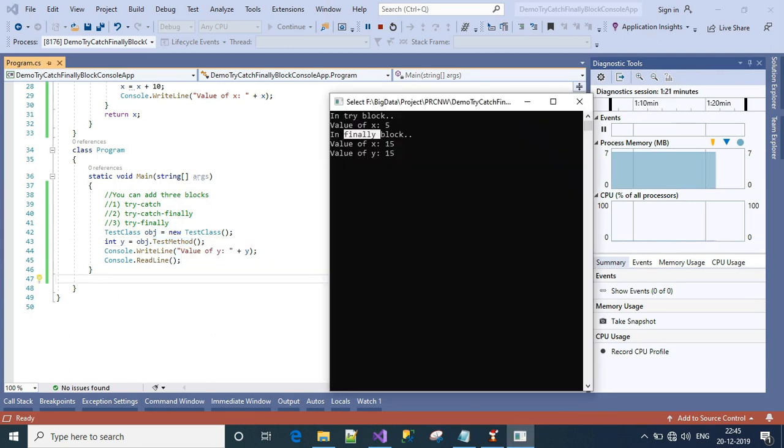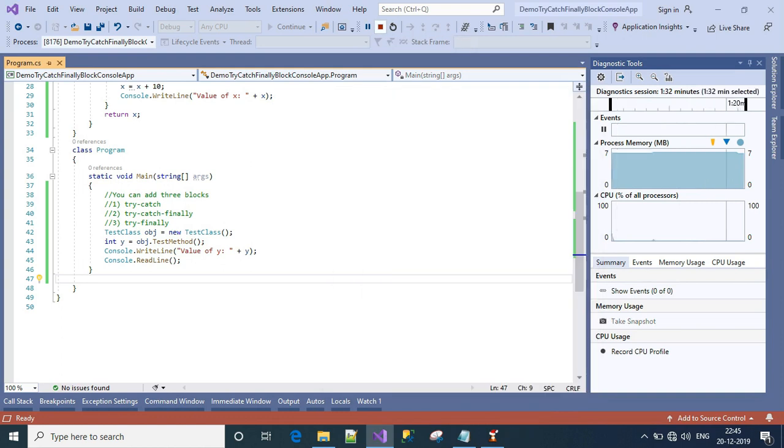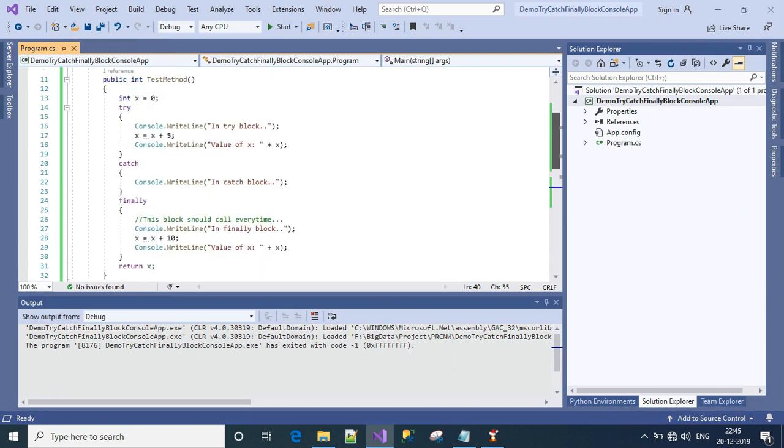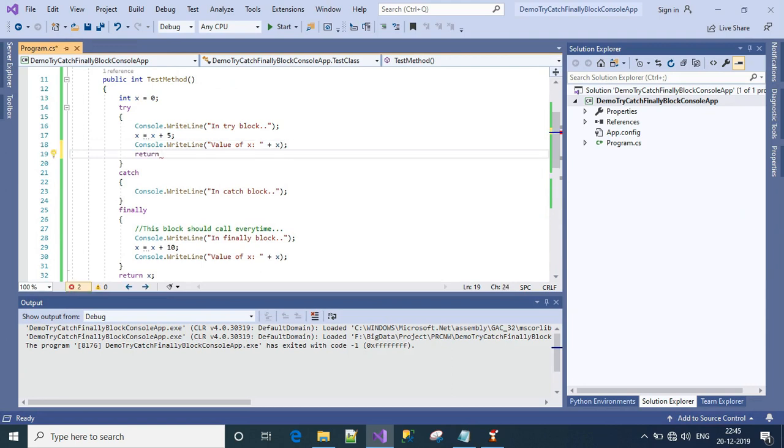Okay, so here you can see that y is equal to 15. Now let's do some changes and see what will be the result of it. Now let's put return in the try block. Now what will happen,